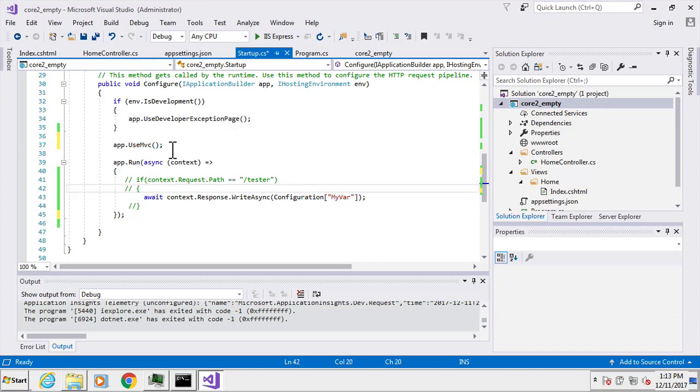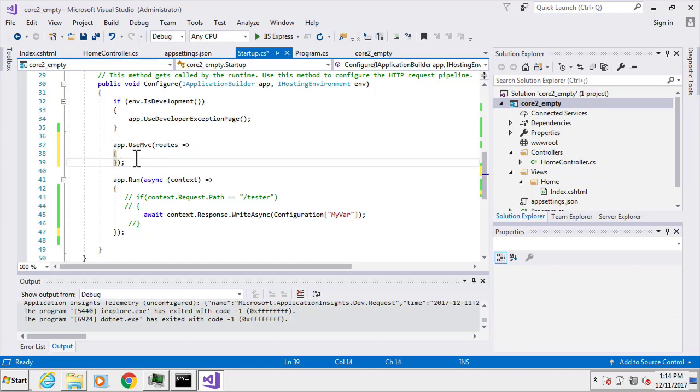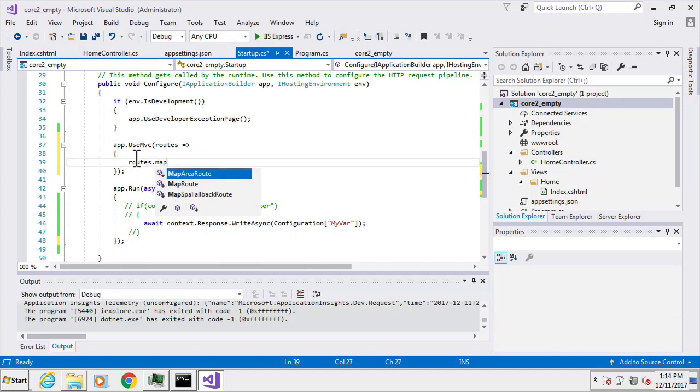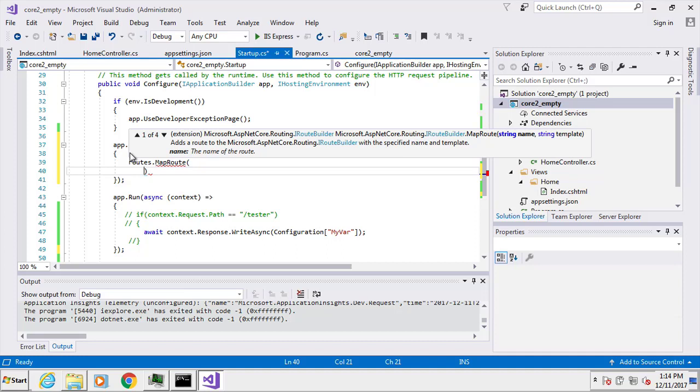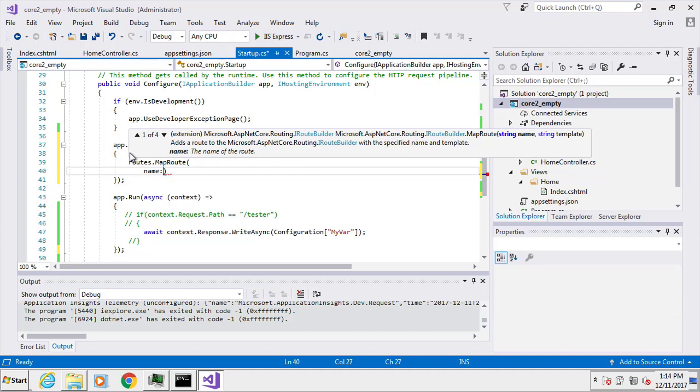Now, besides the routing that we did inside of the home controller, you can actually do the routing here. So the way to do that, it would look like this. We'd have routes, and now we can go ahead and start defining them. I'm going to open up a brace, close that there. So this would be routes, map, route, and this is something you've likely seen in other MVC applications. So I'll go ahead and open this, and we're going to have 3 different key values. So we'll have name, whatever we want it to be. So first route, for example,